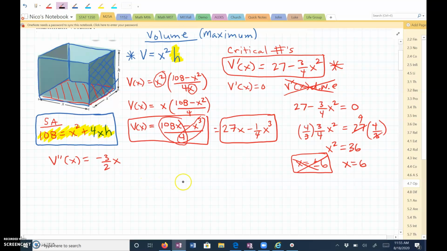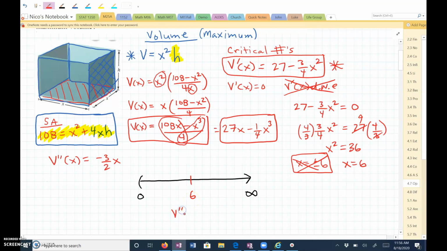Now, if we think about the domain of the volume of this box, it is going to be 0 to infinity. Okay. Well, I guess this represents the length of the side x. Okay, where x is 6. So to figure out if this is a maximum or not,